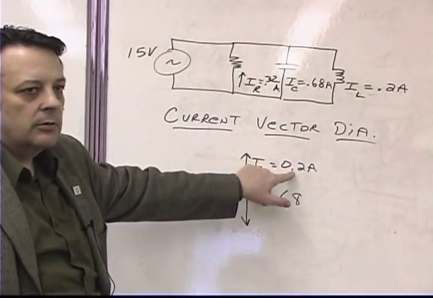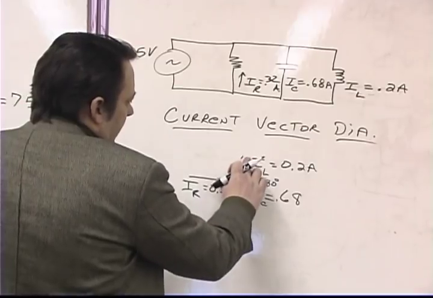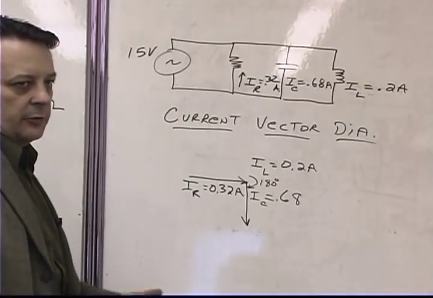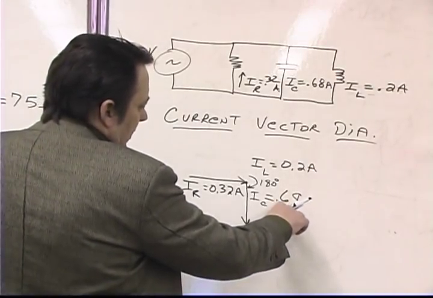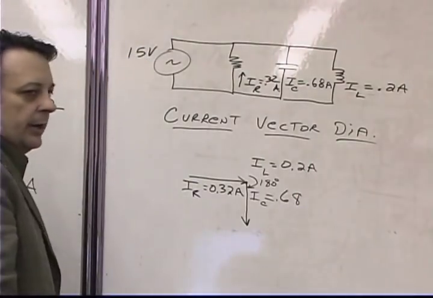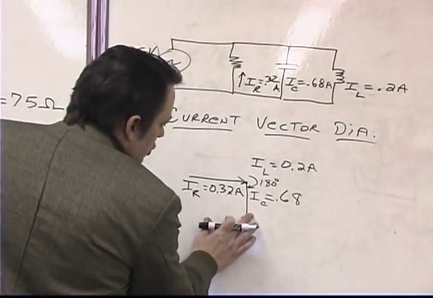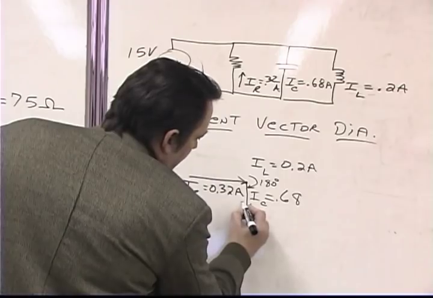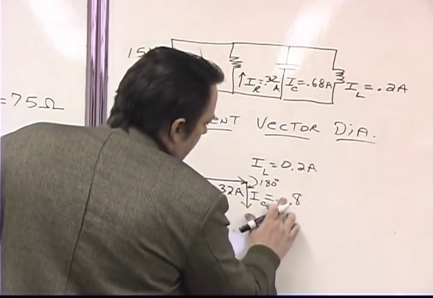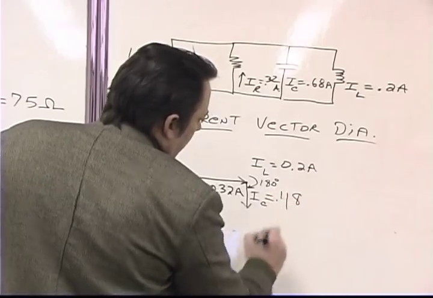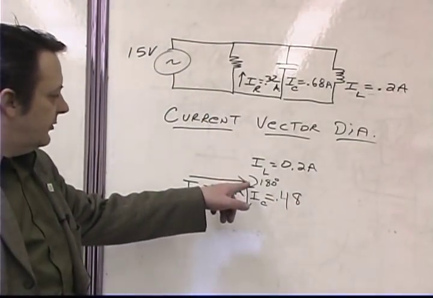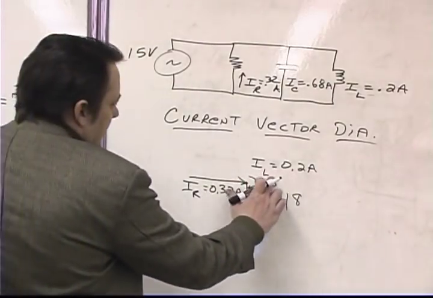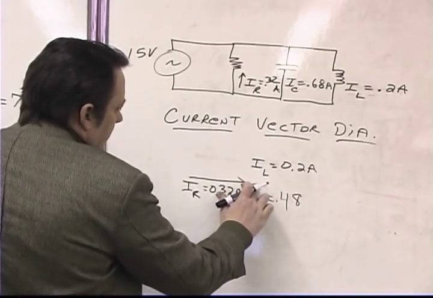0.2. So if we eliminate this vector right here, all we're doing is a simple algebraic operation: 0.68 minus 0.2, which is going to be 0.48, right? So this is going to shorten up because of the current flowing to the capacitor, and the number here is going to change from 0.68 to 0.48. The reason, again, is because those two vectors were 180 degrees out of phase with respect to each other. So I'm going to go ahead and erase this so it's not too cluttered,